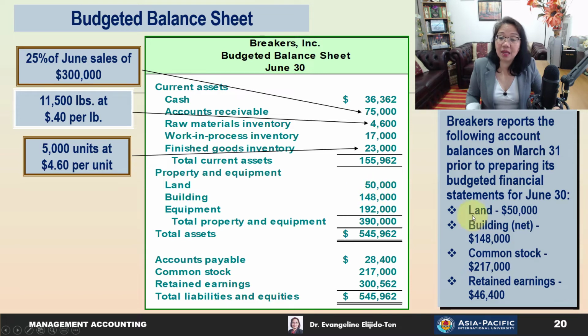The land, as shown here, is $50,000 and building also is given at $148,000 net. The equipment can be taken from the cash disbursements budget or the budgeted statement of cash flows. You will find that we have $192,000 worth of purchased equipment. So the total property and equipment is $390,000, giving us the total assets of